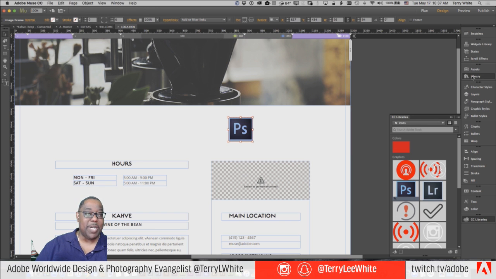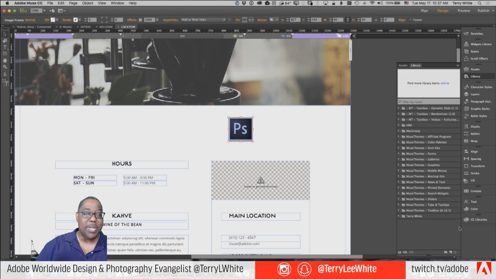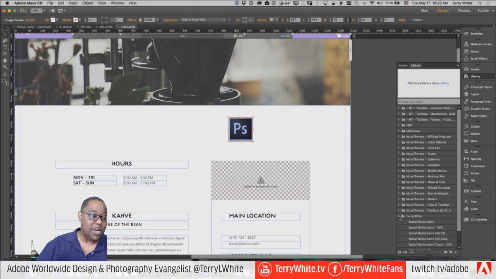The other library was pre-CC libraries because the Muse team thought that that was an important ability, and they wanted to give Muse users the ability to make their own libraries and pull things over. Obviously, it's still there, but it's no longer necessary for Muse use. But it is where third parties put their things. So for example, in this particular case, I've got a couple libraries. For example, I've got one called Terry White,